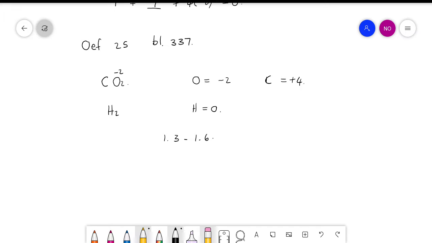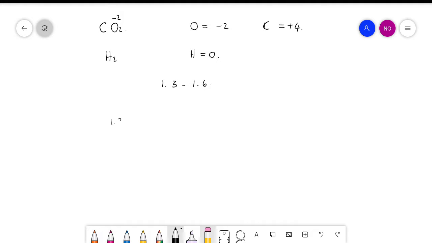Ja. Julle reg gekom met hulle? Nee, nie eintlik nie. Okay, maar ons verwys net terug na daai reëls toe. So ons het